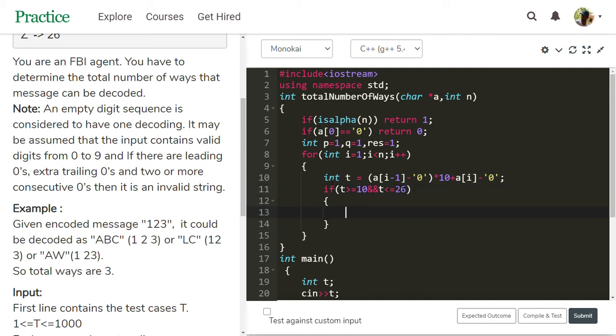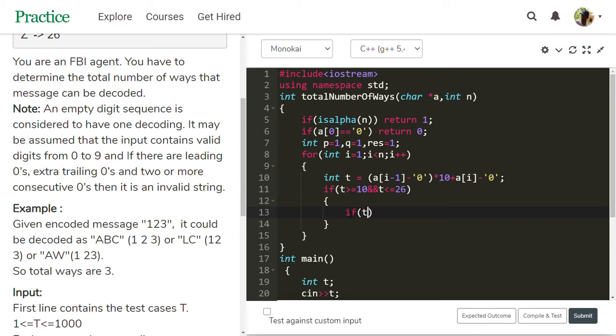In this case, if 10 or 20 is there, those are exceptional cases. When 10 is there, that can only form one letter, that is J, and 20 can generate only T. So in both cases those generate only 1.